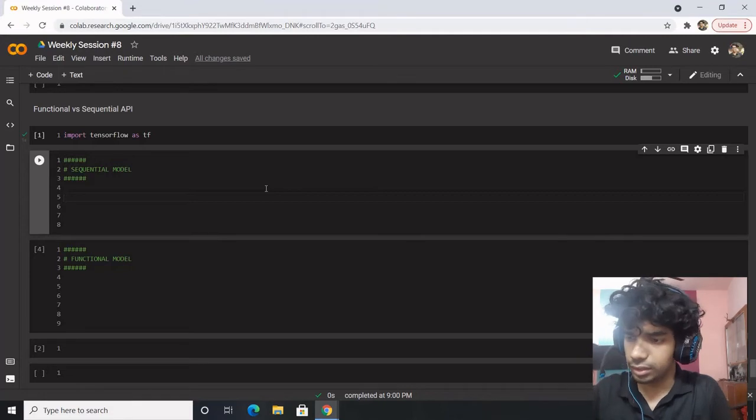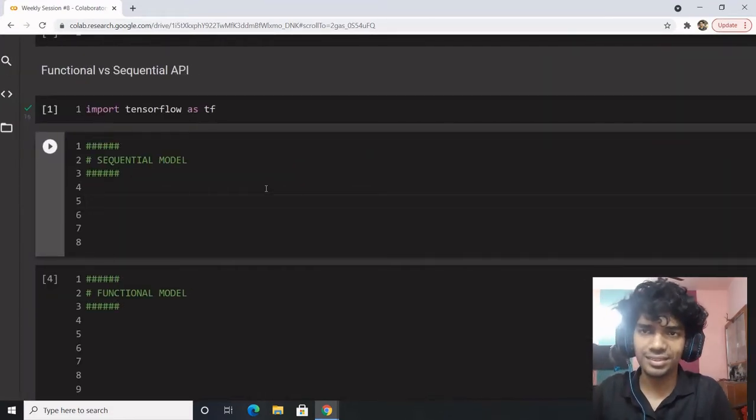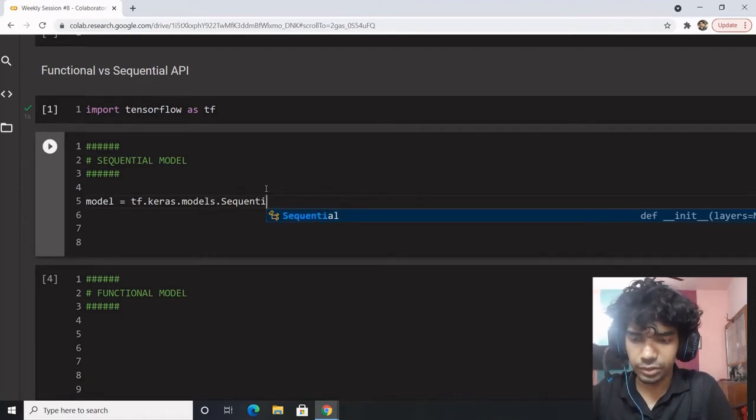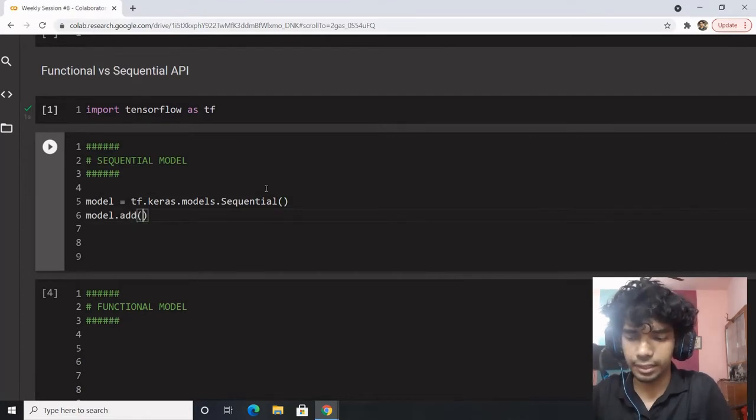Alright, I hope you are able to see my screen. The first line is the import as usual, and you'll have to define the model as a sequential model: tf.keras.models.Sequential. Once this is done, you can define model.add for the layers.